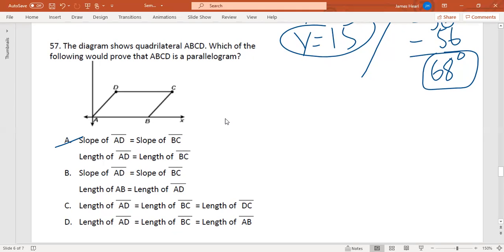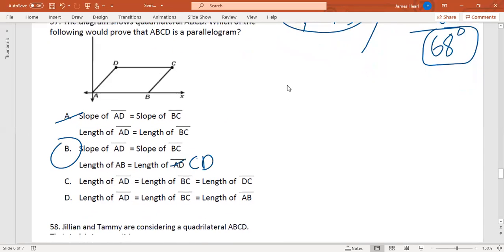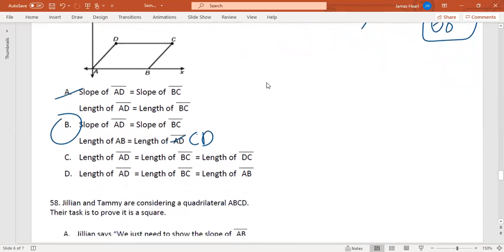So that doesn't help us. The slope of AD matching the slope of BC, so the left and the right would be parallel. The length of AB and the length of AD, sorry, that's a typo. That's the length of AB and the length of CD. That is a typo on that one, because the correct answer is B. For 58,